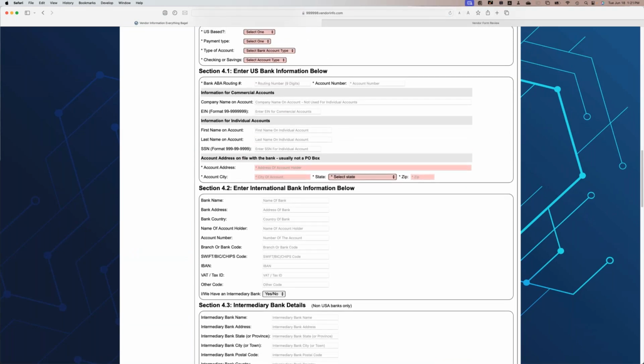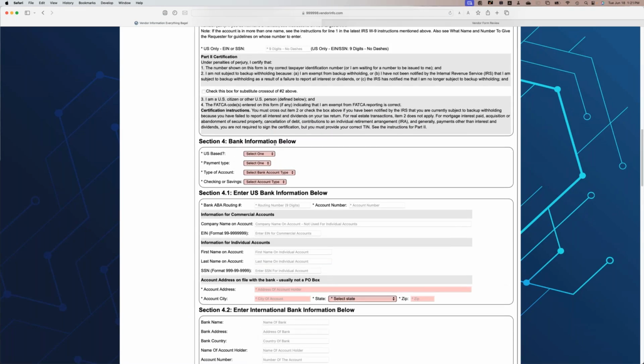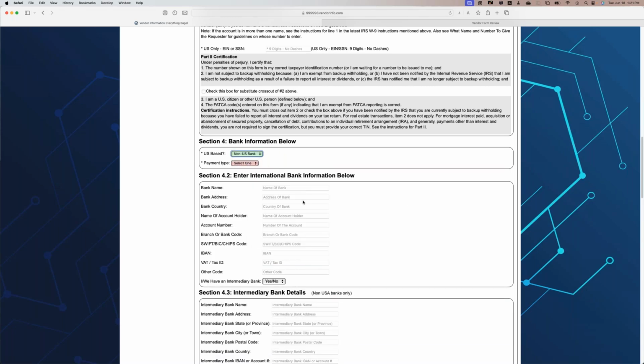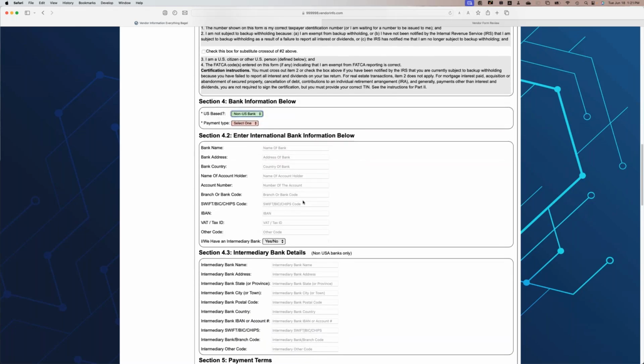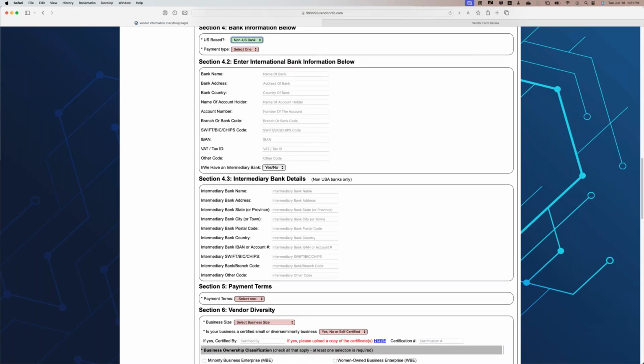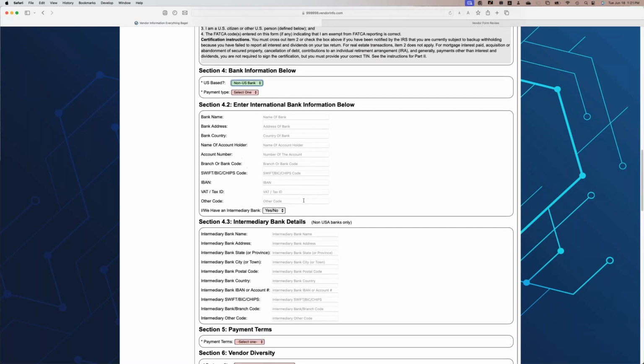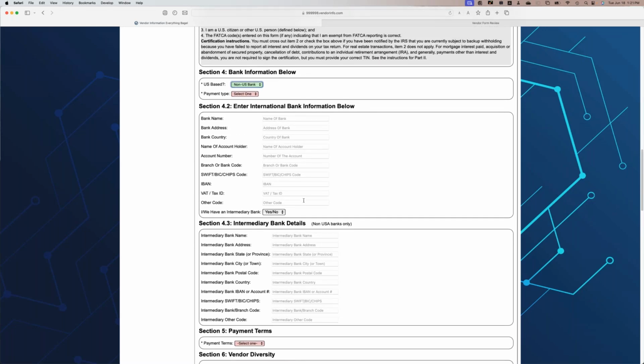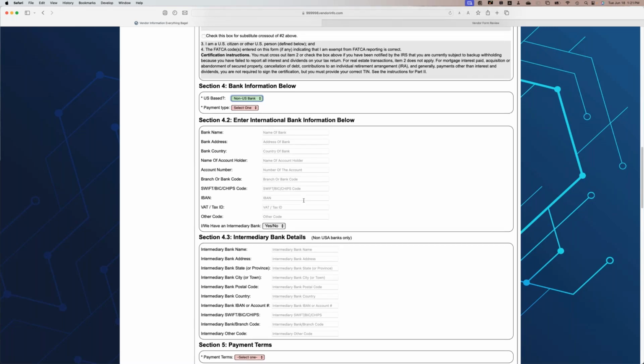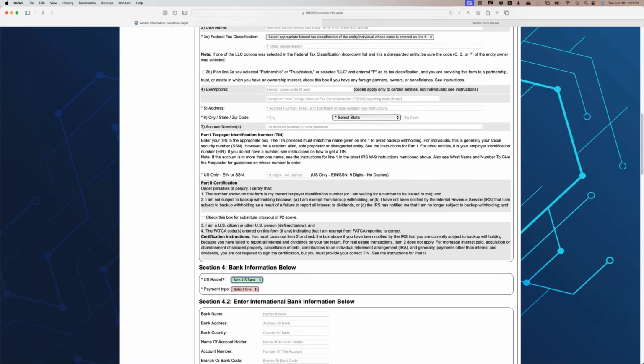If it was an international bank, then this is pretty cool. If you're doing business with international banks, then you or the vendor would check that it's a non-US bank. And then based on the country, the region, and the type of payments, specific screens would show up requesting the banking information for that specific country.